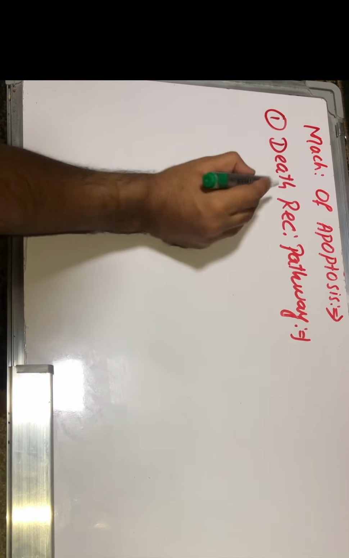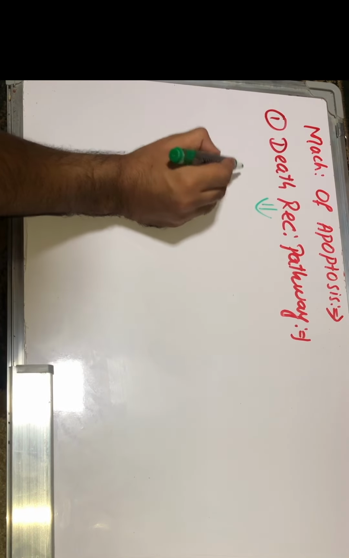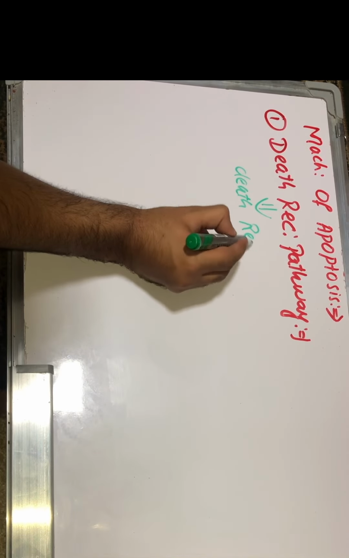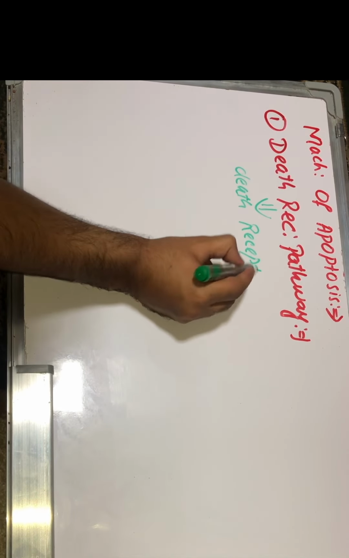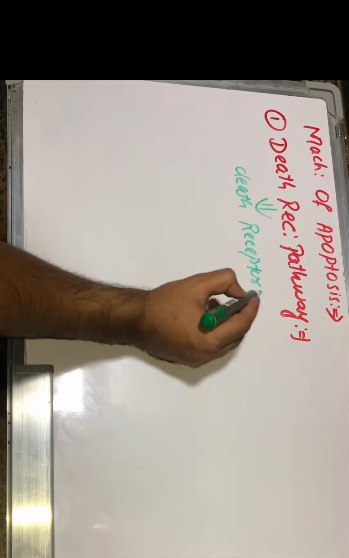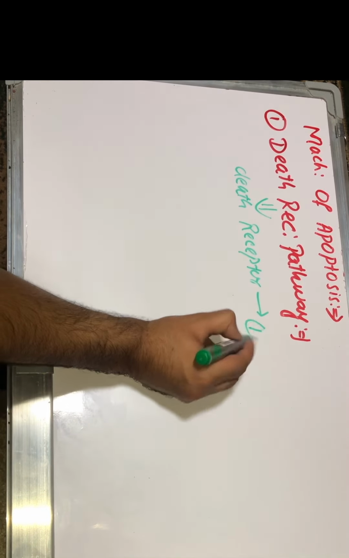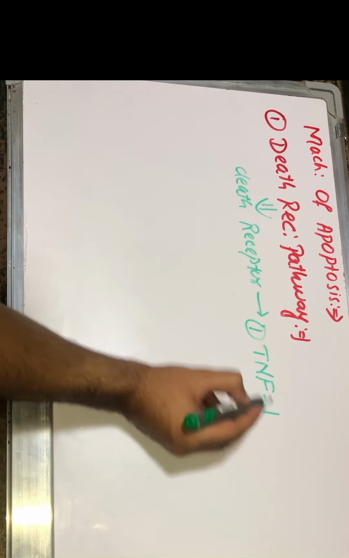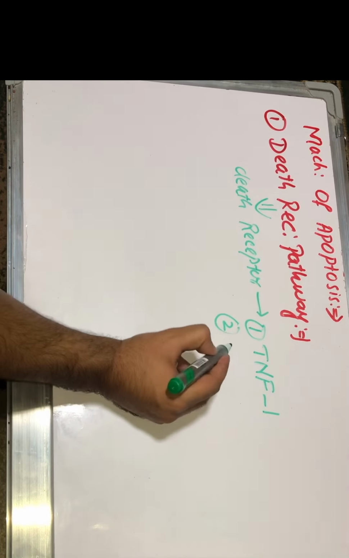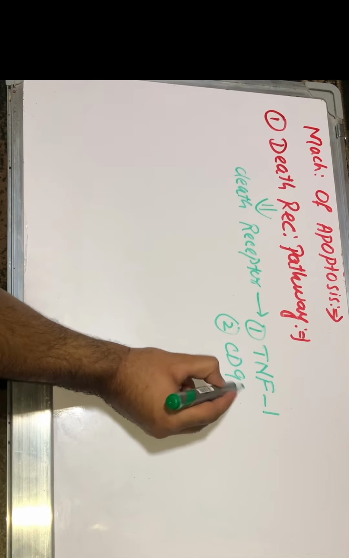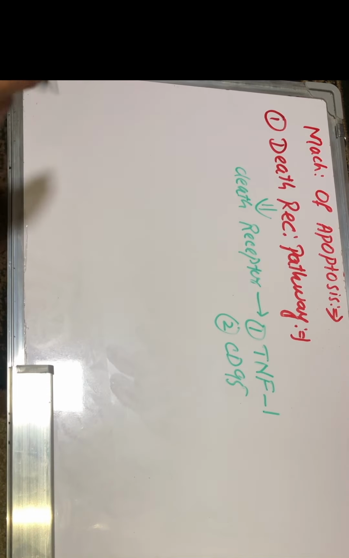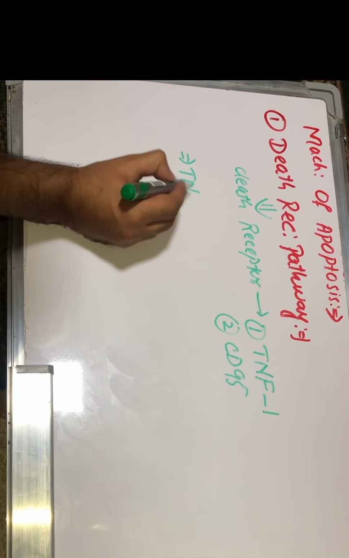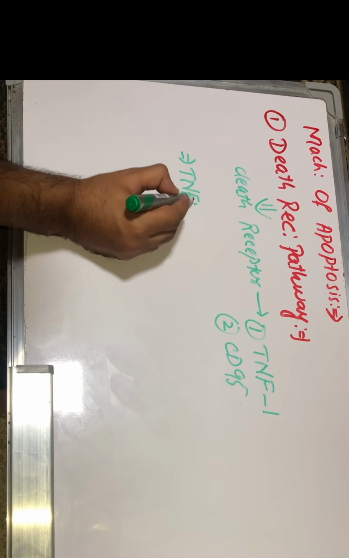This pathway depends upon a receptor called the death receptor, and death receptors are of two types. Number first is tumor necrosis factor 1 and number second is CD95. Remember, tumor necrosis factor 1